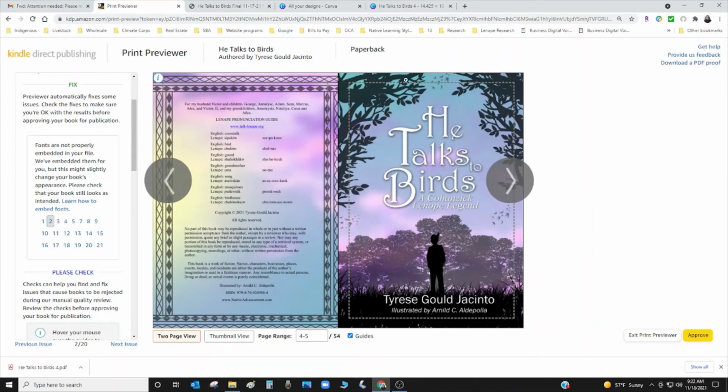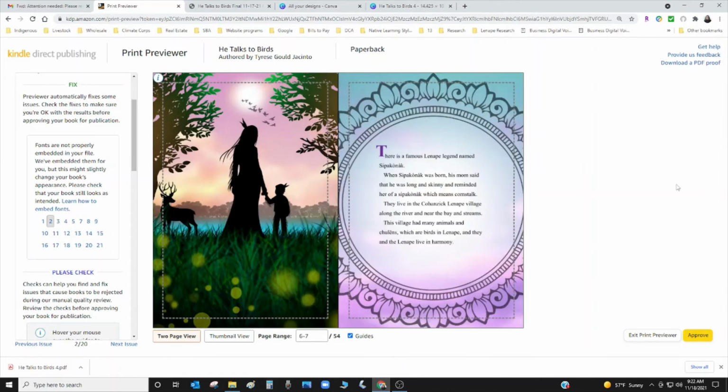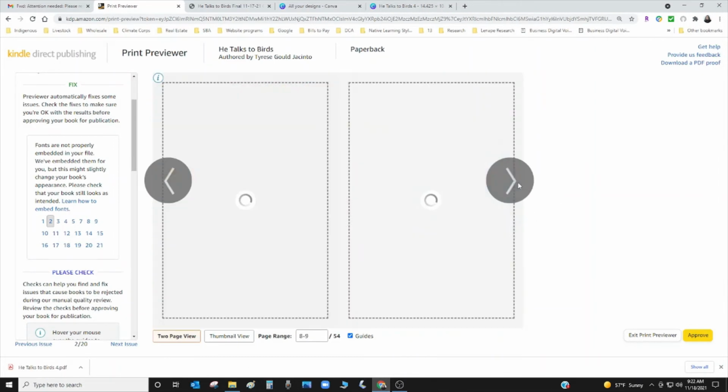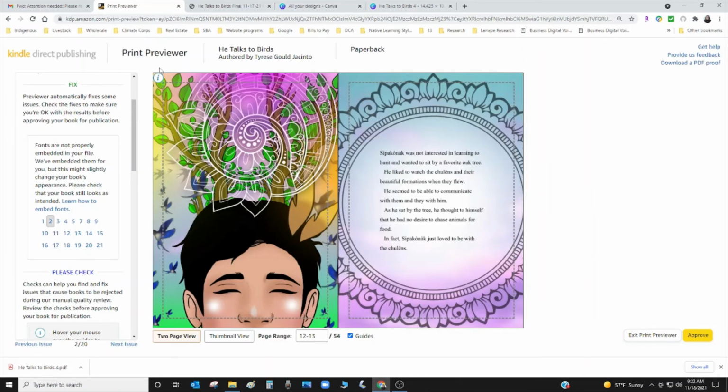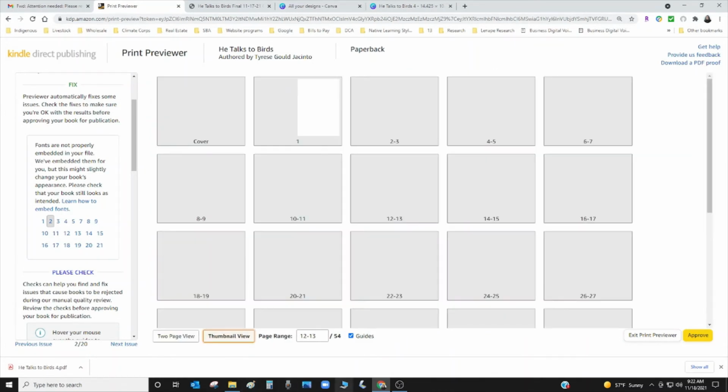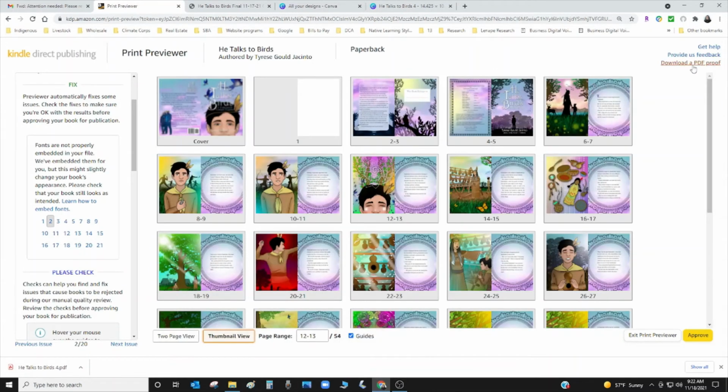On the last video, you'll notice, and I did notice it as well, that the bleed was not all the way to the edge. So I'm not sure if that was something that was downloaded in PDF, and then PDF wanted to fix it on its own. And I won't download a PDF. I'm going to exit this previewer